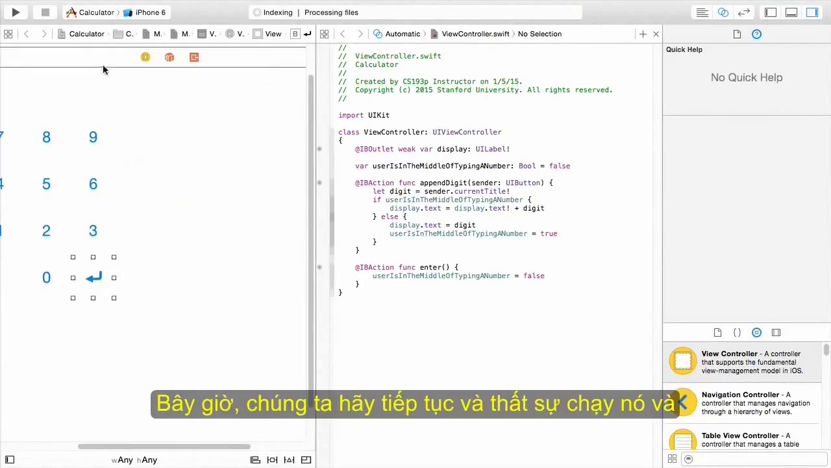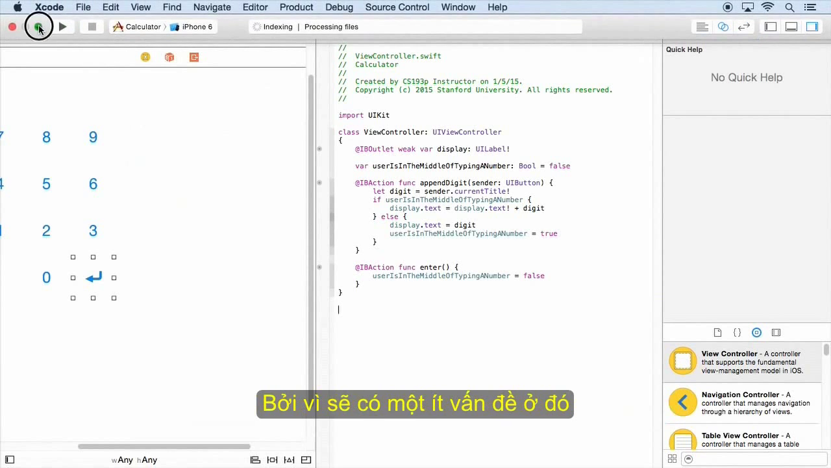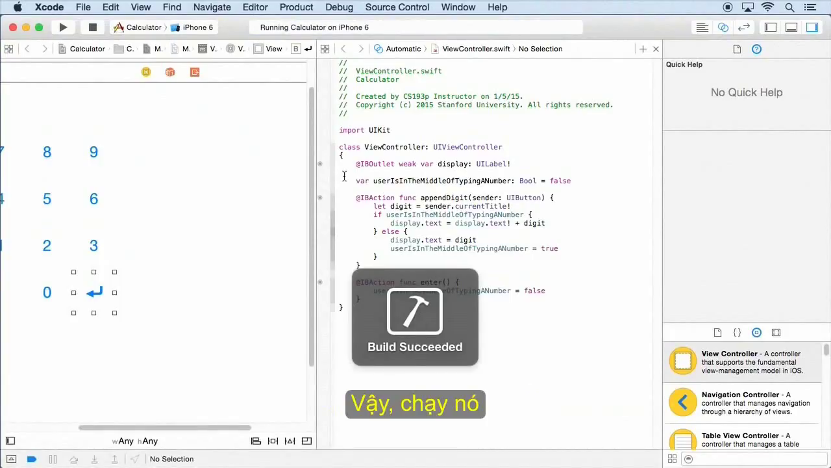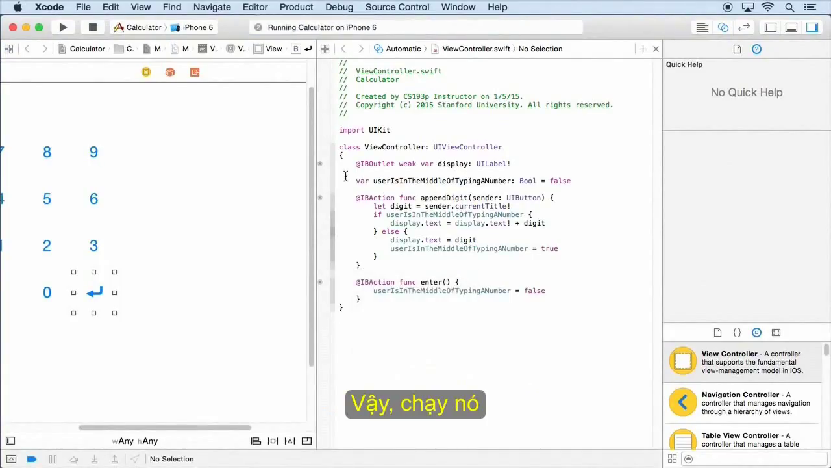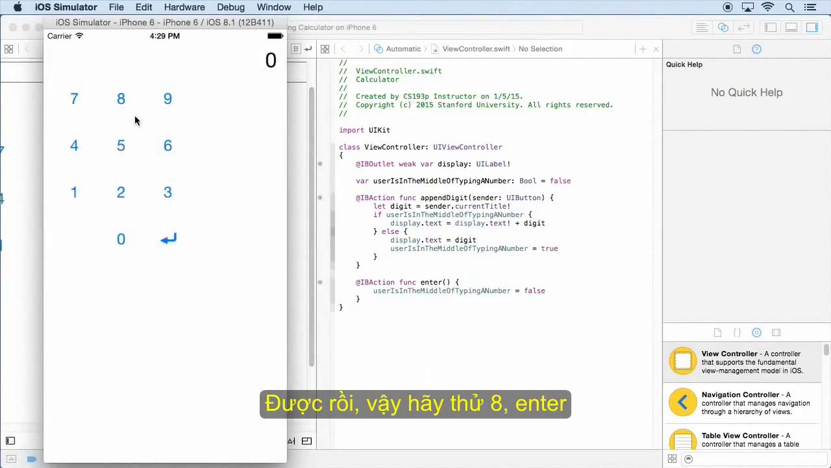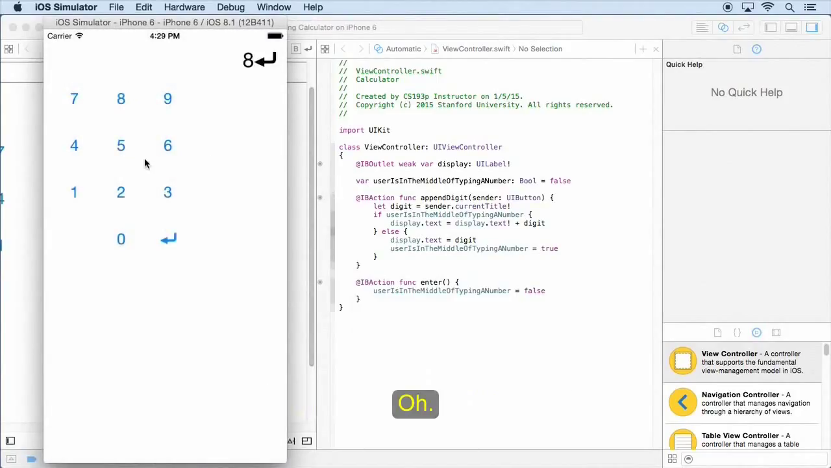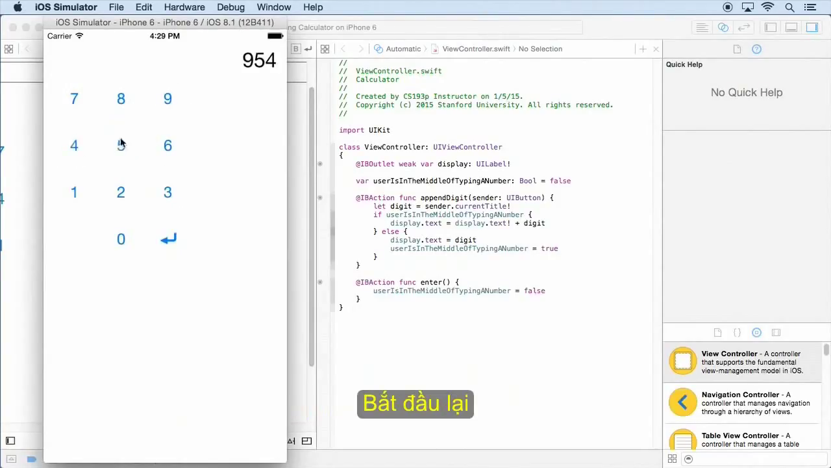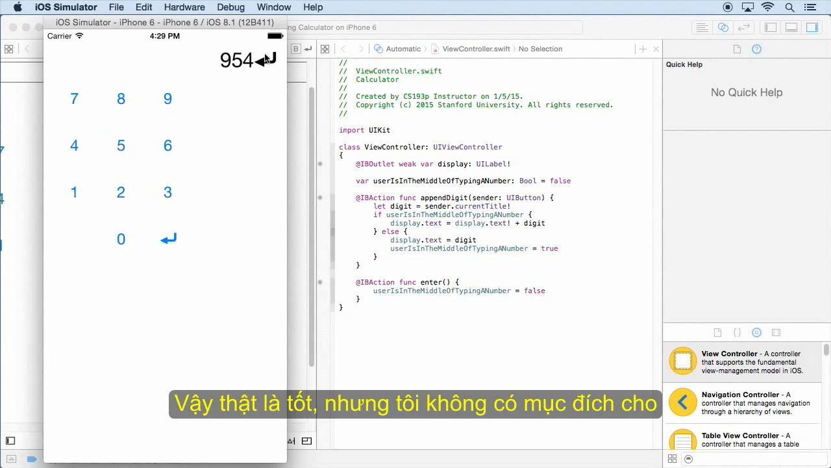Now, let's go ahead and actually run this and see how this is working, because there's going to be a little problem here. I'm just going to run this. All right, so let's try 8, enter. Oh, what's that? Not good. 6, enter. Well, it's kind of working because after we press enter, the user is in the middle of typing a number, starts over, so that's good. But I didn't